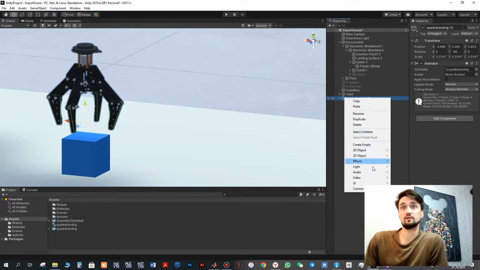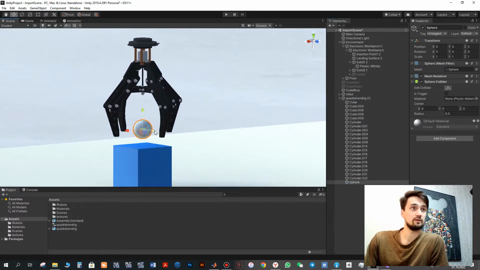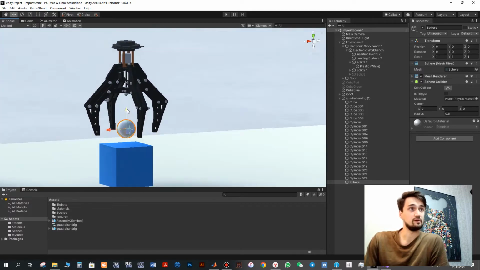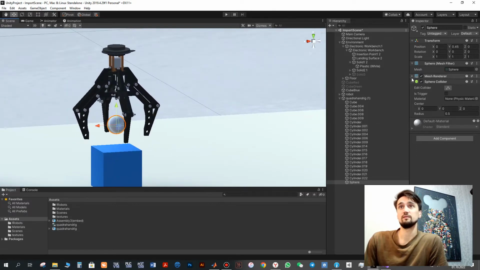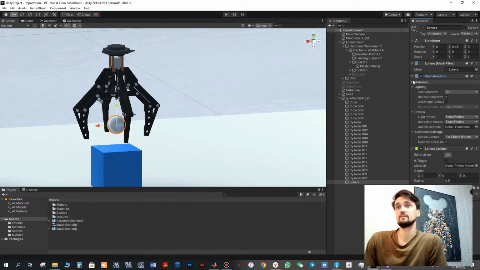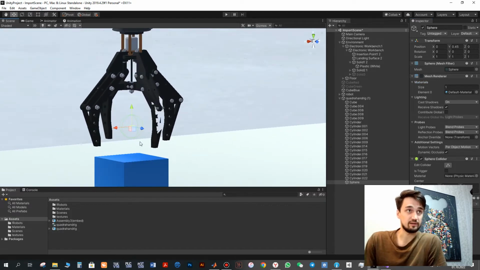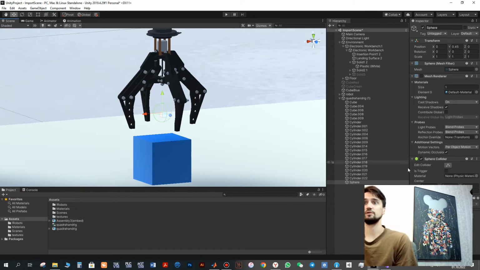For example, I can create a 3D object, sphere. So by this sphere we can detect our object. So I locate it a bit above, and I will disable the mesh renderer. So I will leave only this collider part, this green box here. And now if I will start the project,